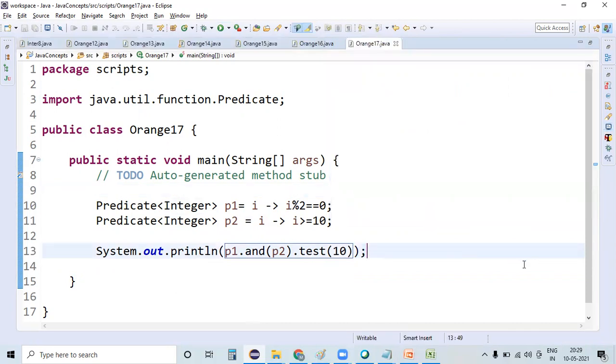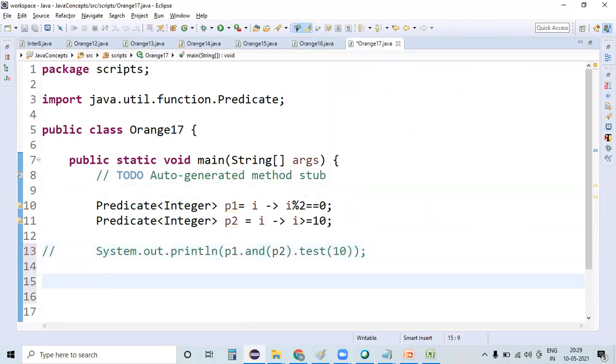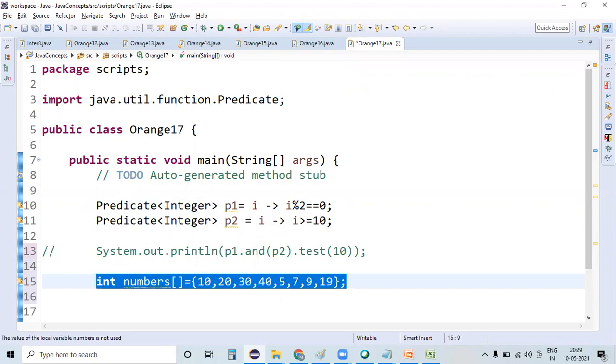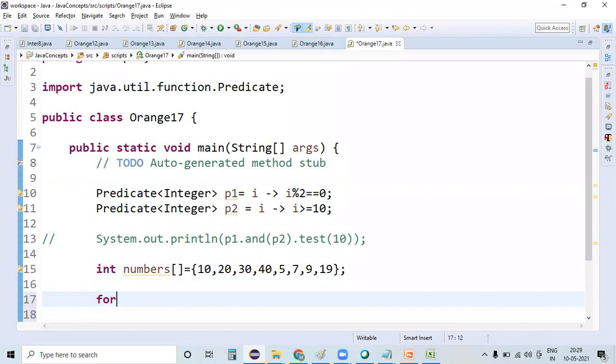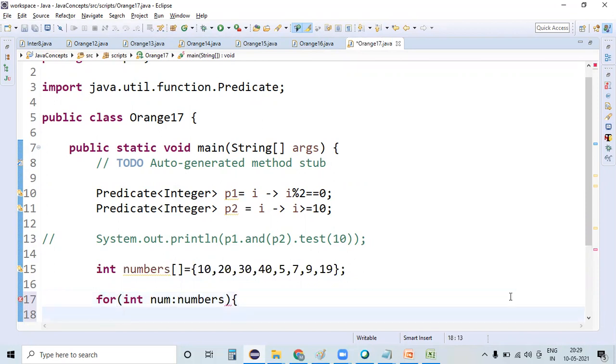Again, like an earlier example, instead of using one data, why can't we store multiple values? So a list of integer numbers, basically I'm passing 10, 20, 30, 40, 5, 7, 9, 19. These are the numbers that I have passed, and I need to run my for loop on that. For int num from the numbers, just get it.